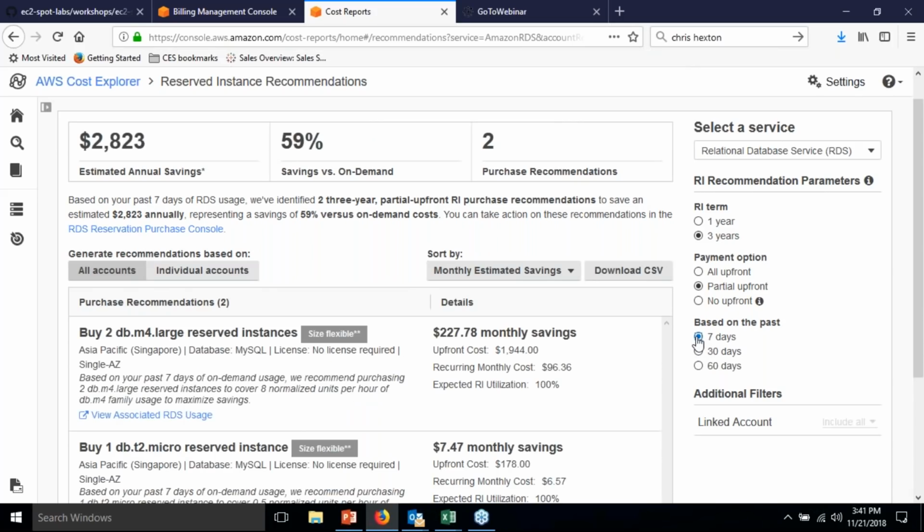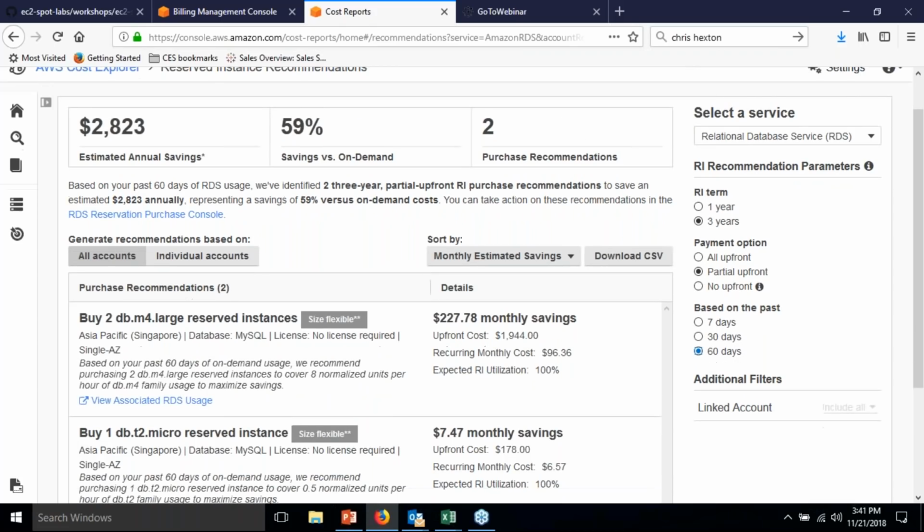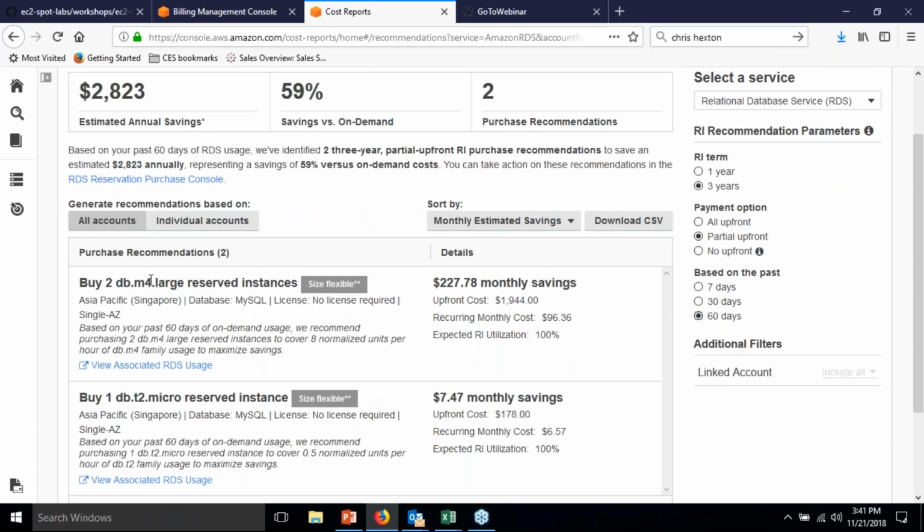If you've had fairly stable usage over the last month, you might want to look back over the last month. Some customers really want to understand what that usage looks like over a longer period, so they choose 60 days. And it's also great that if you want to understand what usage is covering, you can simply click the View Associated Usage,